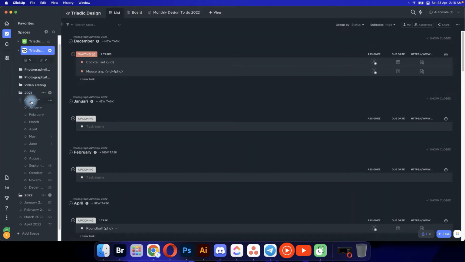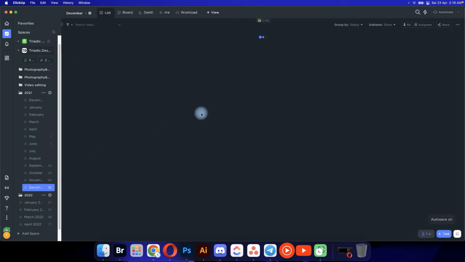So in 2021, you can see all these folders, 1 2 3 4 5 6 7 8, all of them. This is like the month we have worked on in 2021, and you can go to any of these months and check out if you have any changes. Probably the latest would be October, November, December. So let's open December,